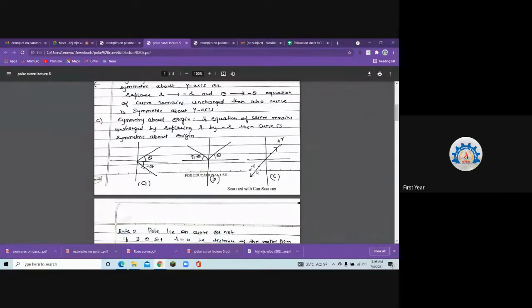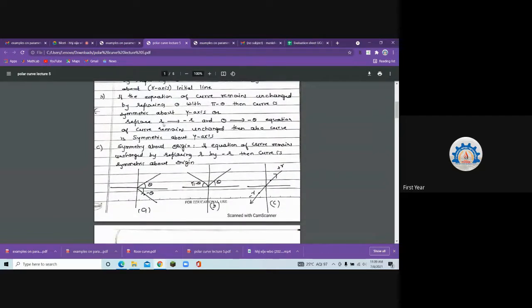तो अगर ये दोनों simultaneously हो रहे हैं, कि theta को minus theta से replace किया और r को minus r से replace किया, तो इसकी वजह से जो first और fourth quadrant में होगा वही second और third quadrant में होगा। So you will get the symmetry about y-axis also. If replacing r by minus r and theta by minus theta, the curve is remaining same, then also I say that the curve is symmetric about y-axis.